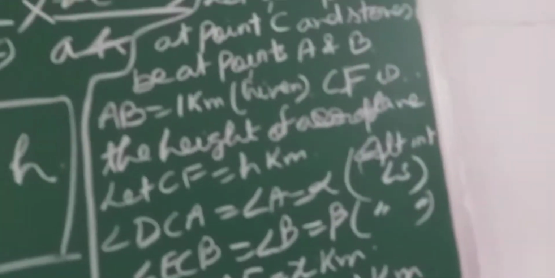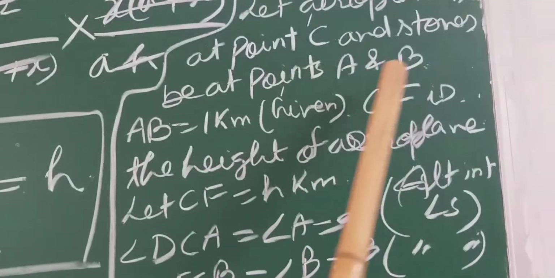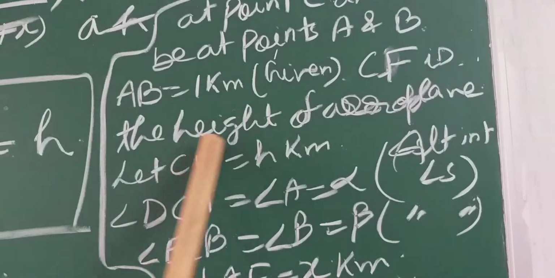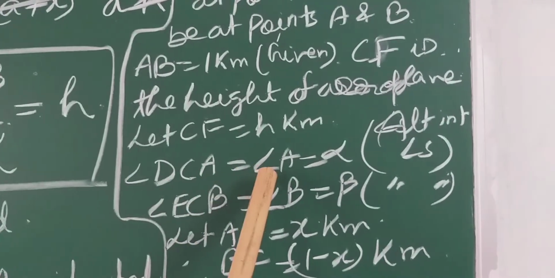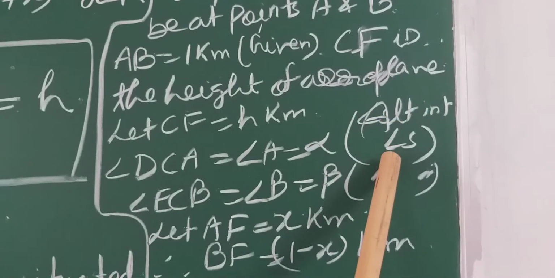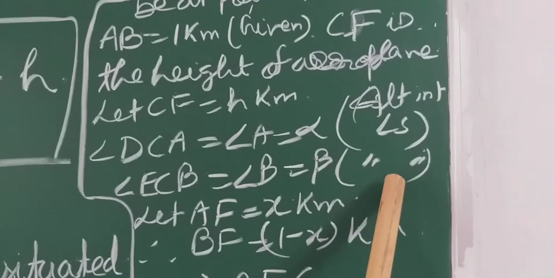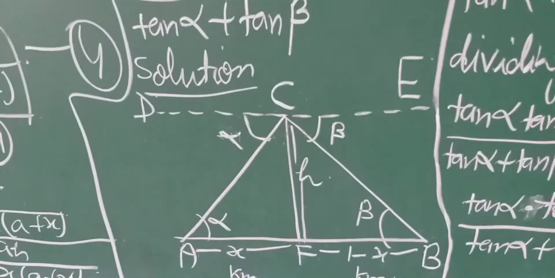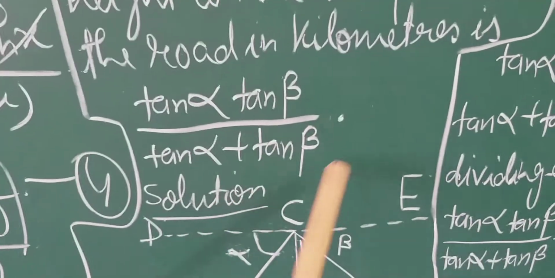Let the aeroplane be at point C and the stones be at points A and B. AB equals to 1 kilometer, given. CF is the height of the aeroplane. Let CF equal to h. Angle DCA equals to angle A equals to alpha, alternate interior angle. Angle ECB equals to angle B equals to beta, alternate interior angle. So all this information I have written about the figure. Now students, again we have to prove. So according to this,